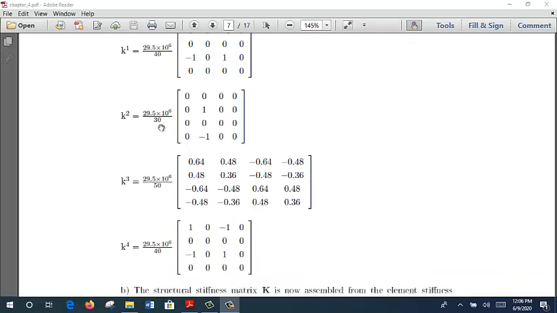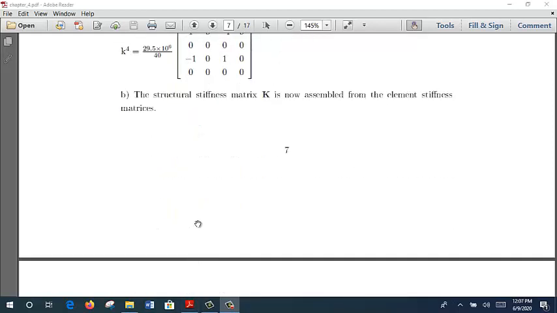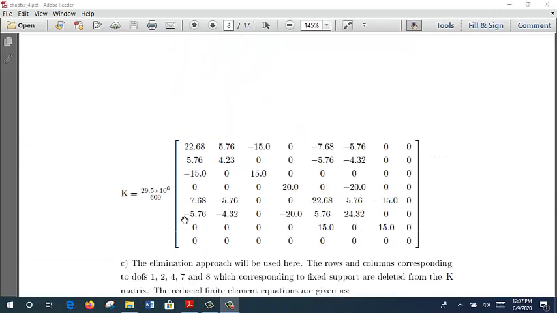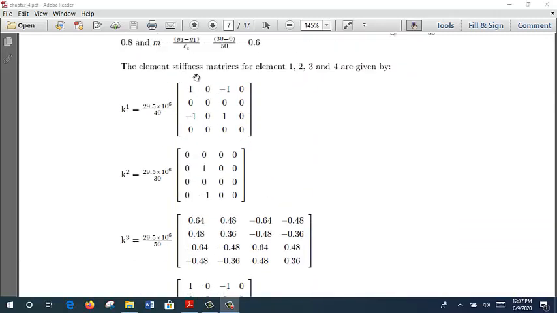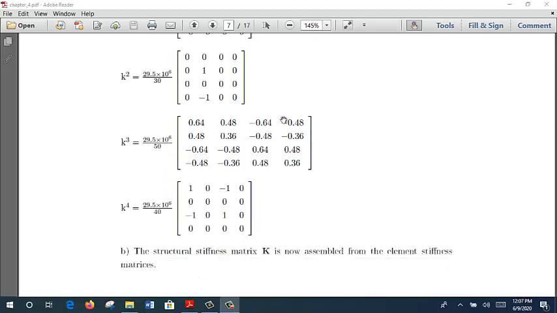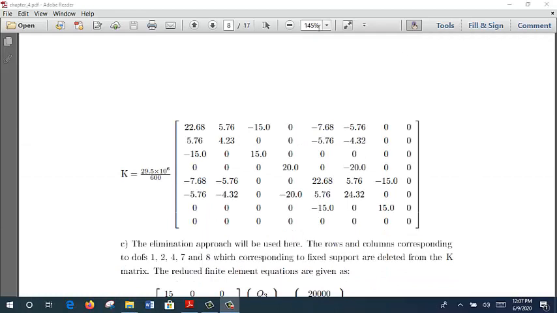So this one, Q2, is similar, related with 5, 6, 3, 4 and 5, 6, 3, 4. So this is your number of degree of freedom. When you want to combine for your global stiffness matrix, you need to refer all the numbers here. If their number is similar, you just make it plus. Okay, and then you can try it and you will get this